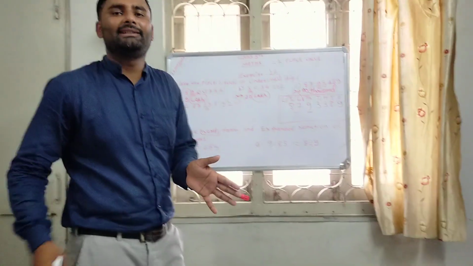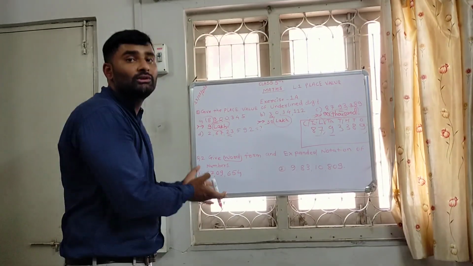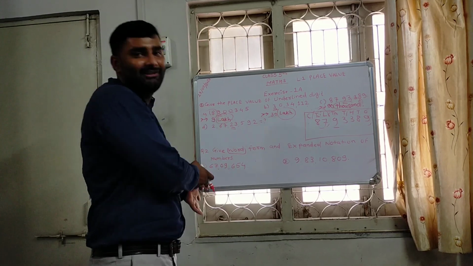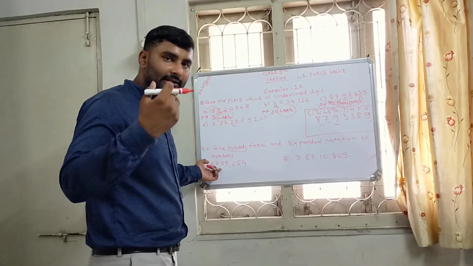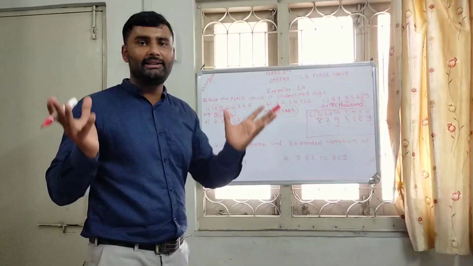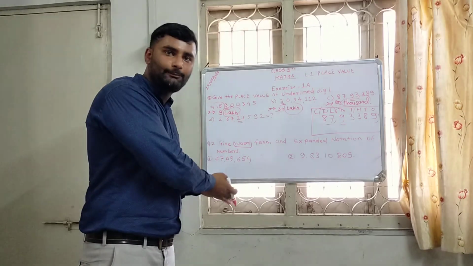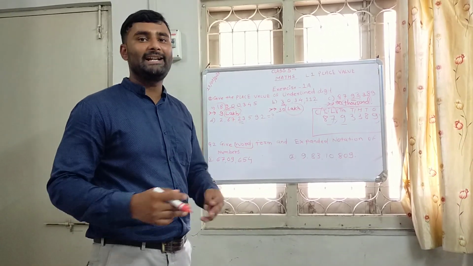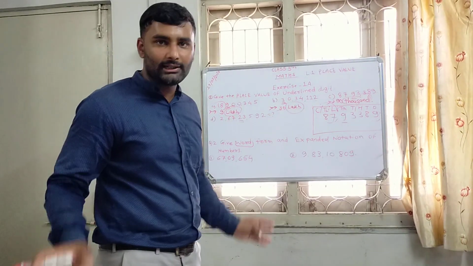These are nothing but in the form of words. So we are going to just write down the numbers in words. That means whatever the number is, we have to write down the number in words. After that, we have to expand this number. As I told you earlier, expanded form means expansion of numbers, or putting out the numbers, or separating the numbers.